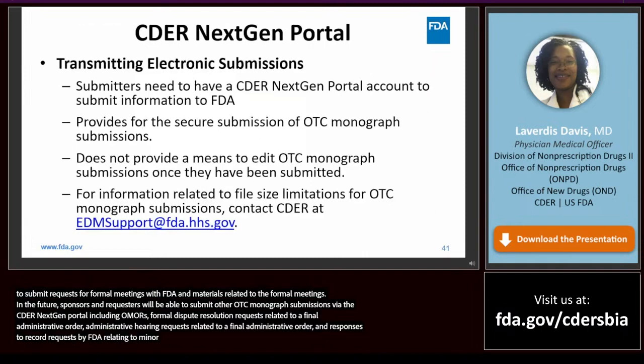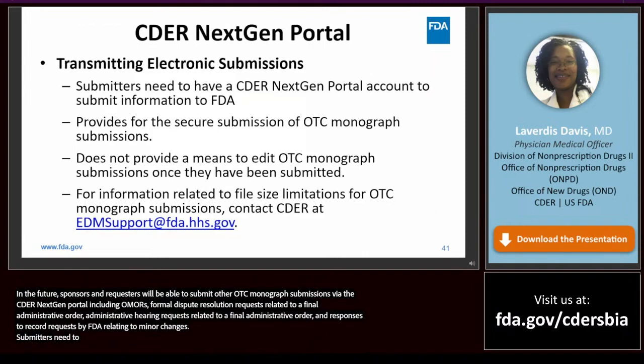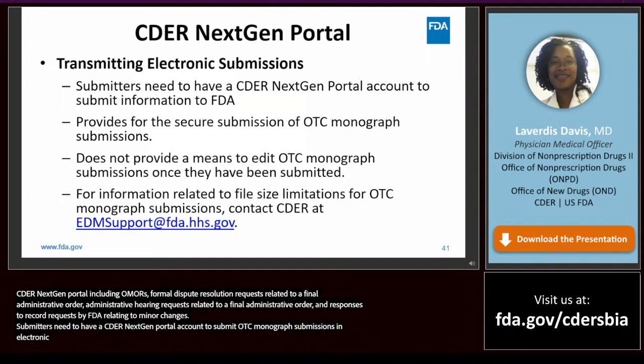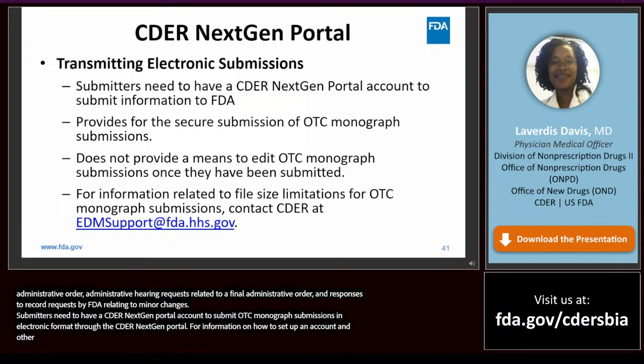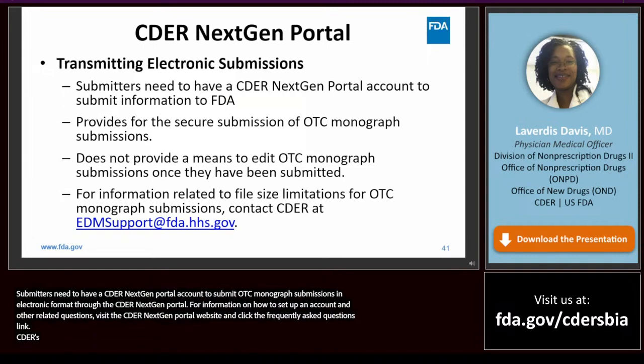Submitters need to have a CDER NextGen portal account to submit OTC Monograph submissions in electronic format through the CDER NextGen portal. For information on how to set up an account and other related questions, visit the CDER NextGen portal website and click the Frequently Asked Questions link. CDER's NextGen portal provides for the secure submission of OTC Monograph submissions.